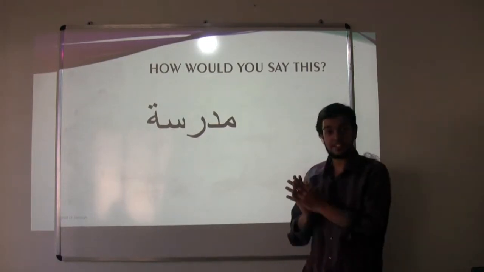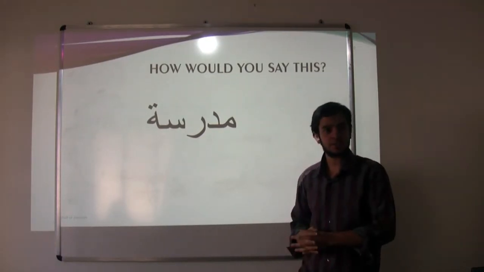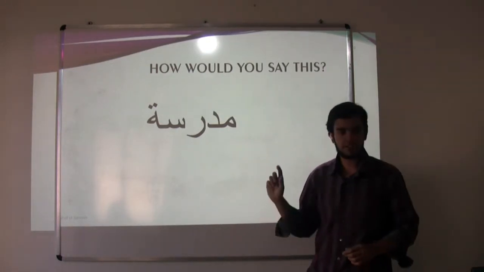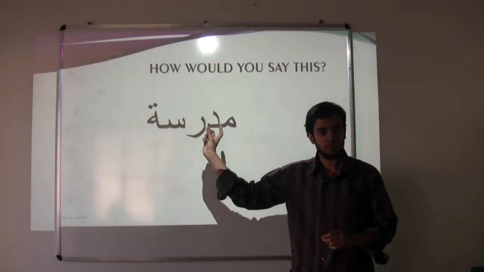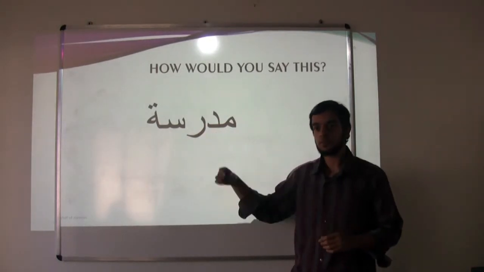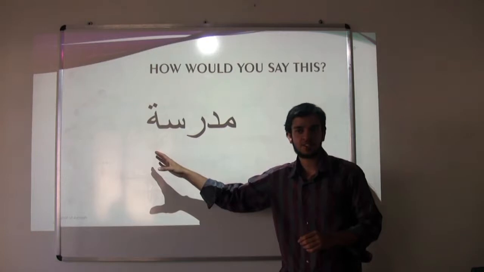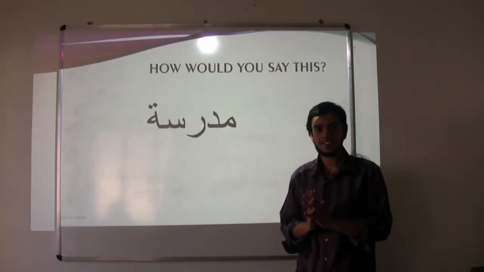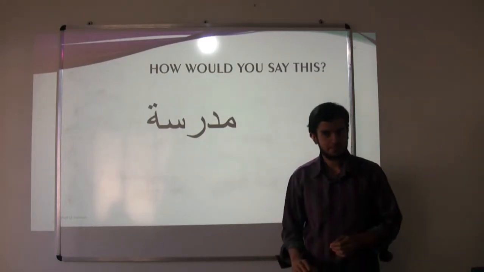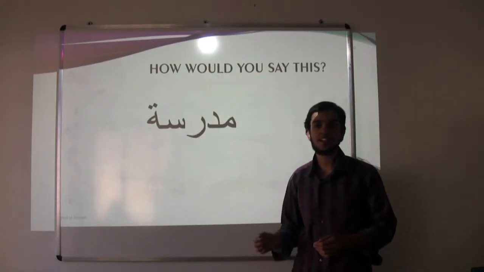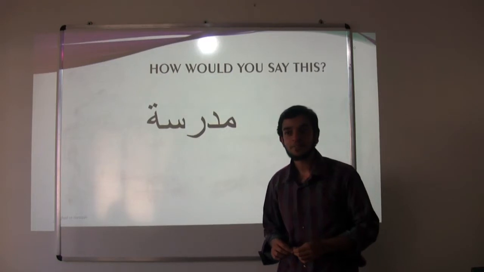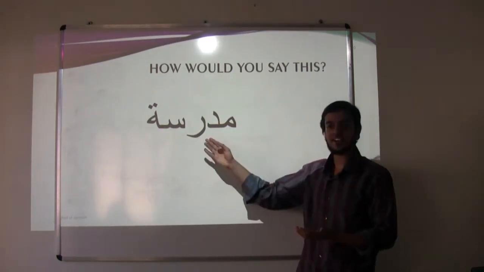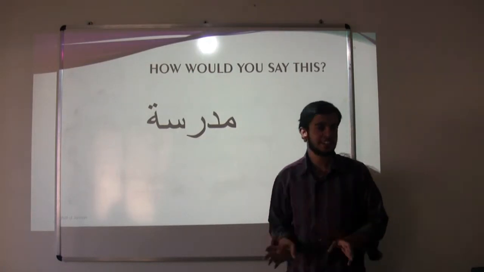Now the reason why I had told the sister not to tell is because she had raised this doubt a while back. When we were reading sentences without any vowels, you would say mudarrisatun when it was actually madrasatun. So the point is, this can be both: madrasatun as well as mudarrisatun. We need to go on the sentence. Exactly, that's the point. We recognize what this is based on the context.